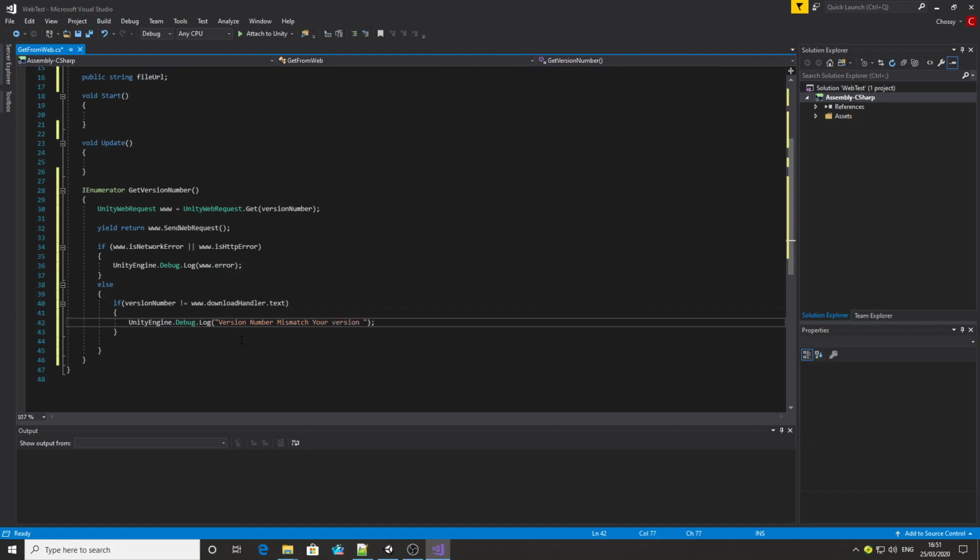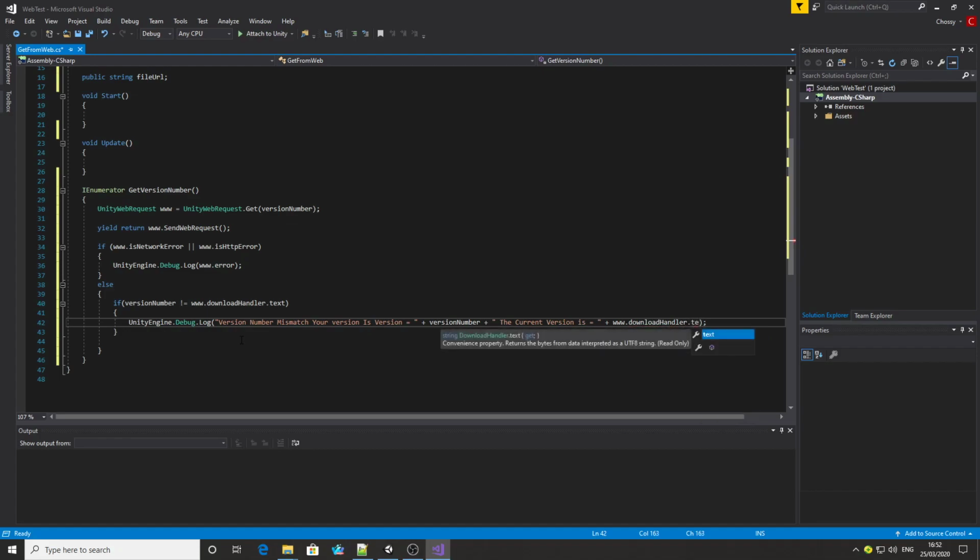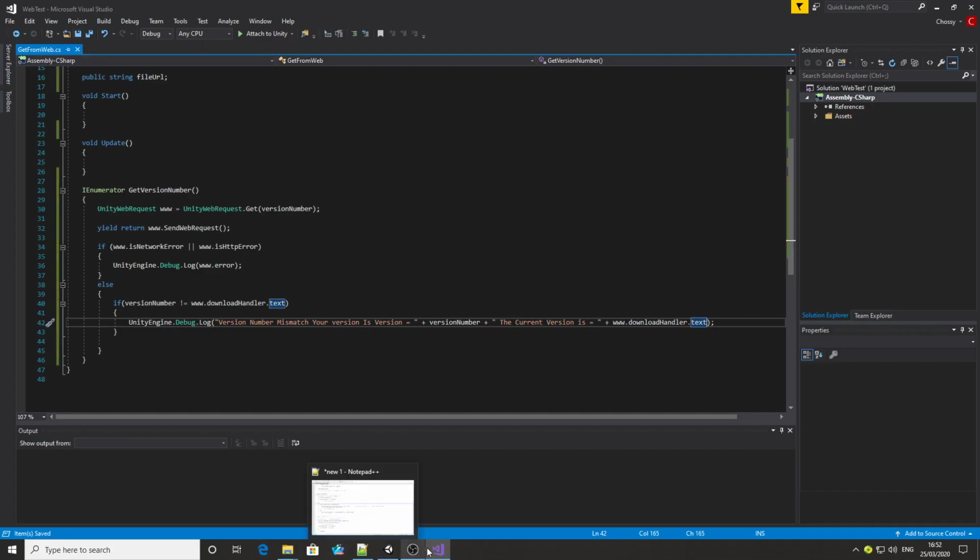Your version is version number, plus the current version is, plus www.downloadhandler.text. Okie doke, if we save that and jump back into Unity now,